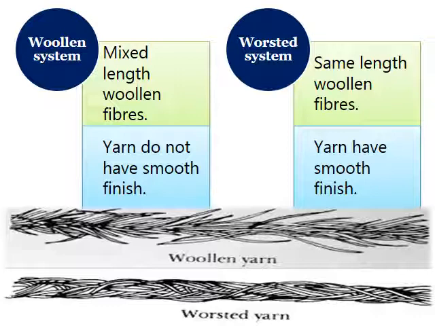In the worsted system, initially the woolen fibers are combed. During this combing, long fibers are separated from short fibers. Long fibers are then formed into compact strands which are then spun to form woolen yarn used for knitting woolen garments. The short fibers are spun to form smooth, fine woolen yarn for soft woolen fabric.